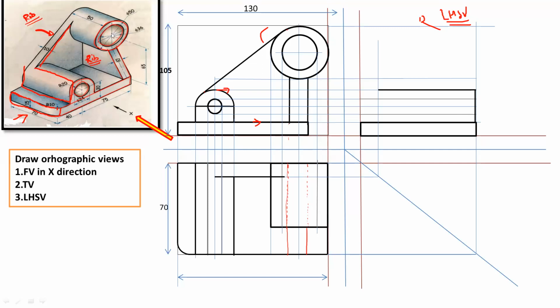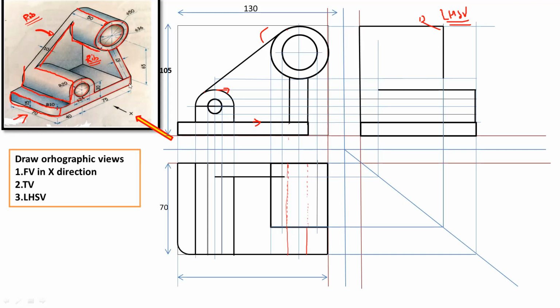Now for this second cylinder, you take the projection from this point and again take the projection from the top view. Okay, so that we will get this distance directly. And then you can complete the rectangle, because in the side view, this cylinder will appear as a rectangle only. So this curve portion will appear as a straight line. And this curve portion will appear as a straight line in the side view. Okay. So just complete that rectangle like this.